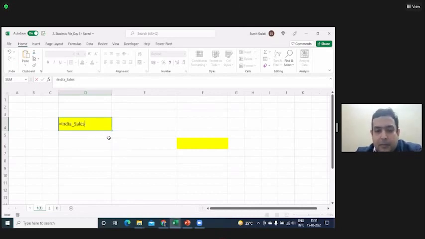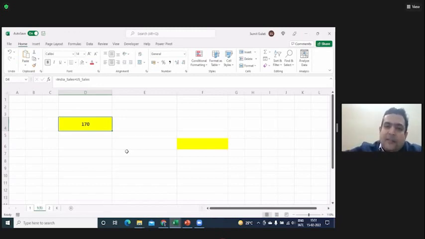Put a plus sign, US. Can you see US_sales? Press enter. You will get the answer. And this can be anywhere in the workbook, on any sheet. On the 50th worksheet also, you can pick the data from the master sheet. Is this working for all?